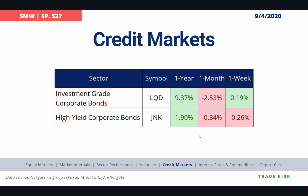Now, credit markets, I think, were actually interesting this week because we didn't actually get any other stress that at least these particular proxies are letting on. So in other words, the credit market, the bond market, isn't saying that we're in a great deal of stress or panic yet, even though we saw high cap tech stocks really sell off and saw some good rotation there, some liquidation there. It really doesn't seem at this point to be indicative of a bigger problem. We'll continue to keep an eye on it, but I'd actually say this is pretty constructive here for this week's